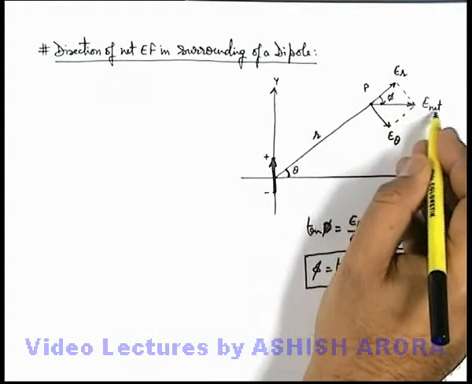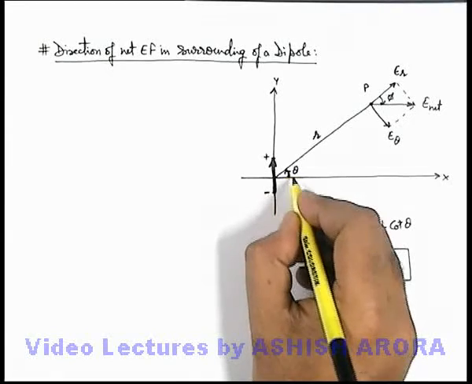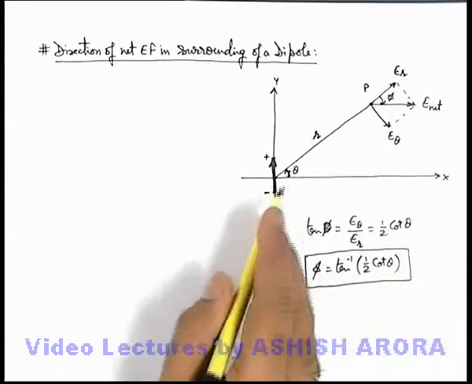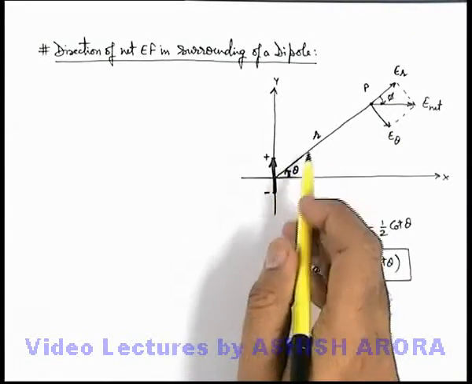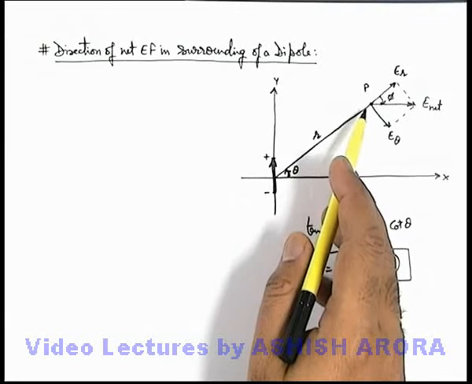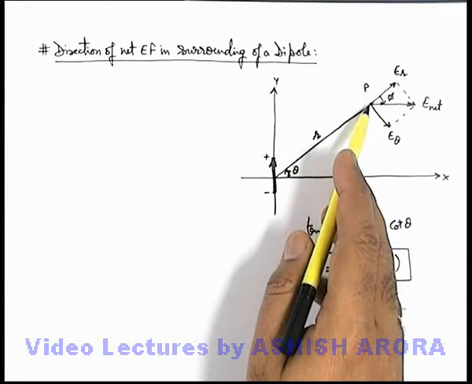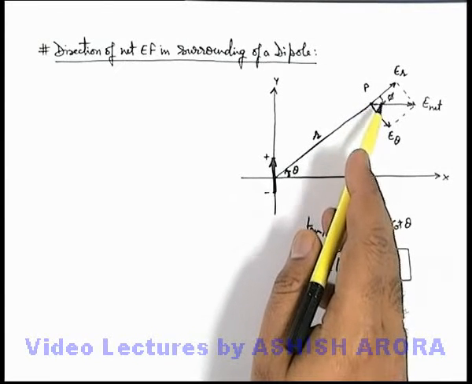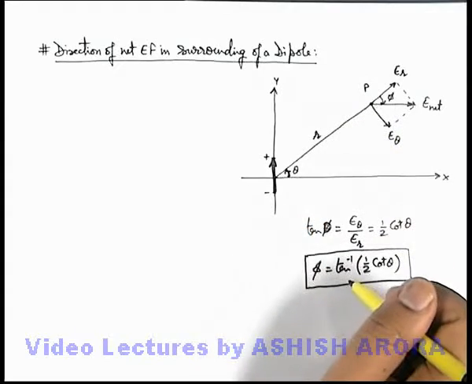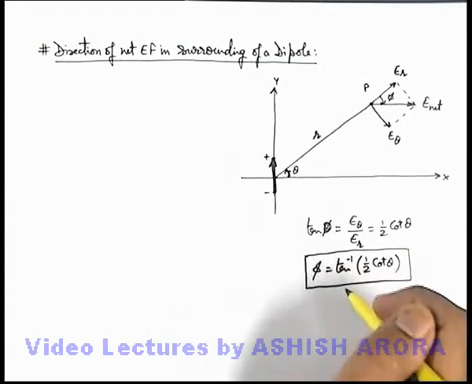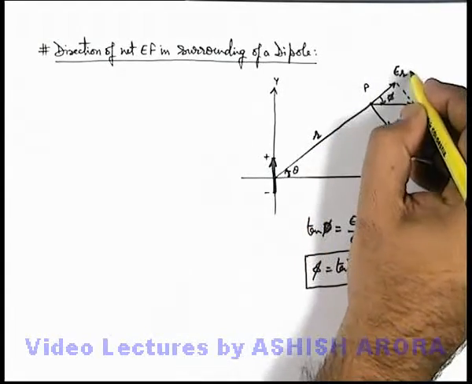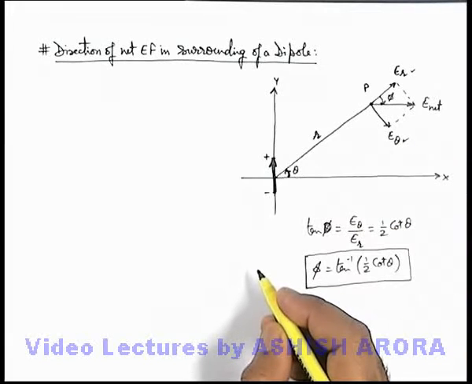So the net slope of the electric field can be calculated as theta minus phi, because theta is the angle at which the radial direction of point P exists, and phi is the opposite angle from the radial direction where the net electric field exists. In this situation, you must be very careful about analyzing the directions of ER and E theta.